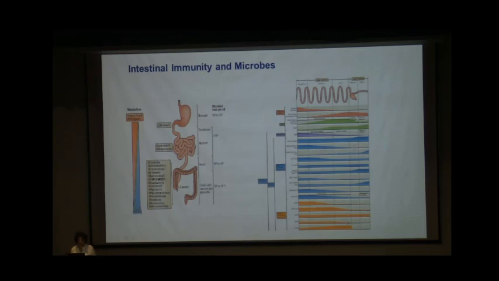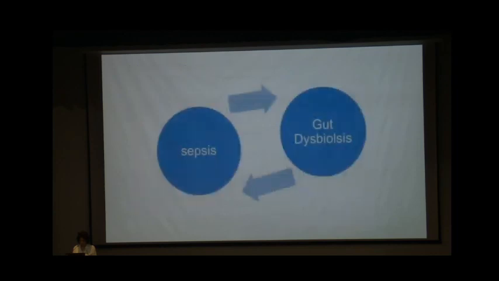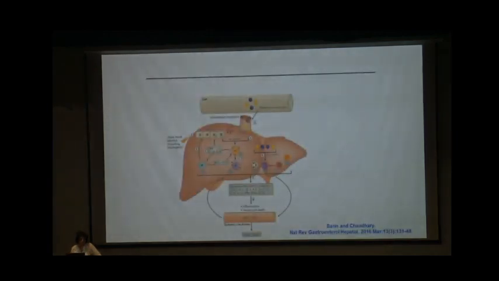So innate immunity is characterized by the monocytes and macrophages, which are probably making the sepsis worse. So what happens with the gut dysbiosis? It creates sepsis. Sepsis again makes a vicious cycle, because we have talked about the intestinal immunity, and there is a breach of the tight junction.